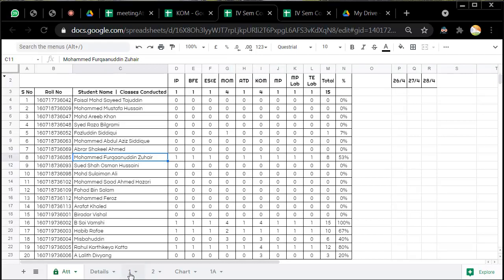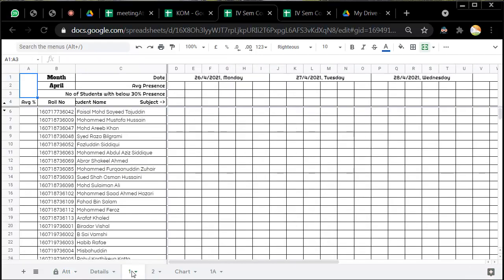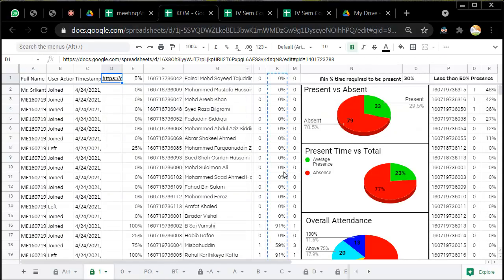So we have to go to the first week, the number 1 week. This is where we have to go, and you can see here for each day, depending on the number of periods, columns have been created. So each faculty member has to choose whichever period his class falls in, and he has to choose the subject name, and in this first cell he has to again copy paste the thing which was copied from here.